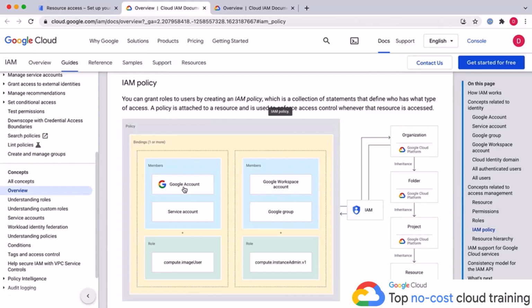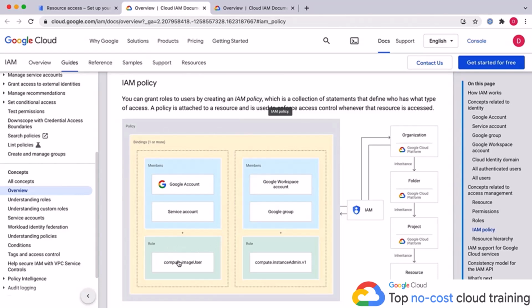It could be an account that's not a Gmail account, but maybe let's say you're using a yahoo.com email, and you create a Google account with it. So you don't have to be using Gmail. It could be a service account, which could be used to set up applications or to do different things within an application. And adding in that compute image role, image user,